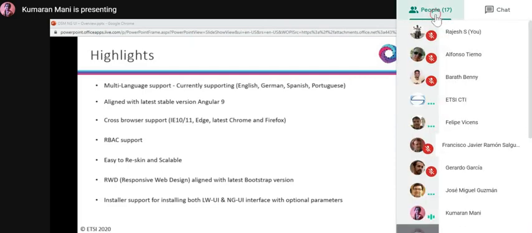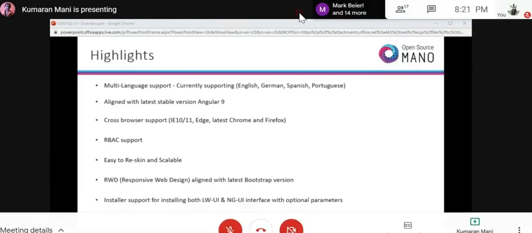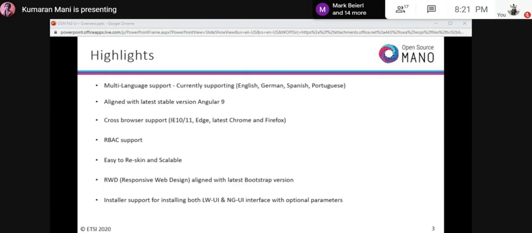I'll go for scalable. Angular itself is a MEC platform, so it supports MEC 11. On top of that, we also added modularity. Each and every component of our NGUI is modular, and we followed a module-level structure. All the modules are lazy loaded. Lazy loaded modules are small and very fast to load. It is also easy for us to maintain.